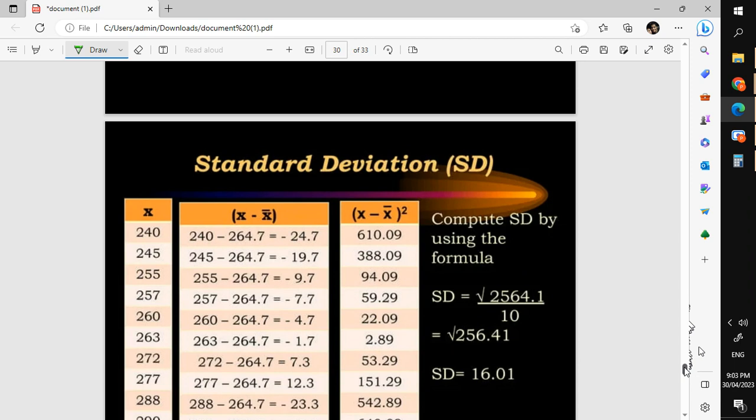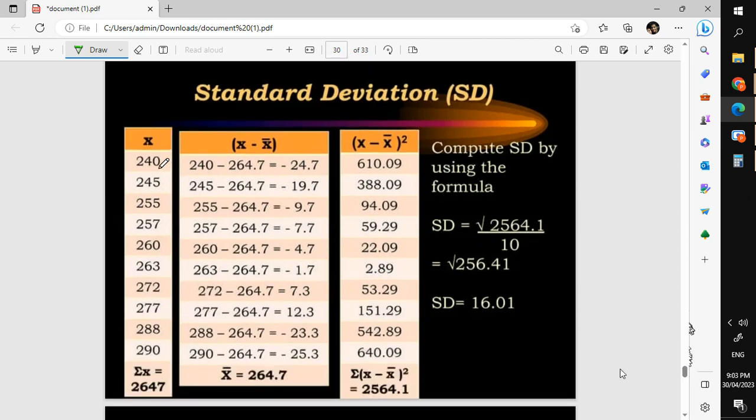Okay, so let's try. First column, the values of your x. If you are to sum it up, the answer is 2,647. Then you have x minus the mean. So 240 minus 264.7, that's negative 24.7. 245 minus 264.7, that's negative 19.7. 255 minus 264.7, that's negative 9.7. The same thing that you will do for the following data. Then you sum it up, the answer is